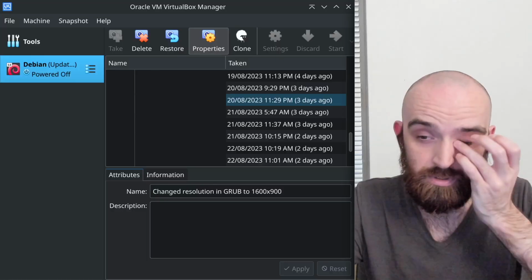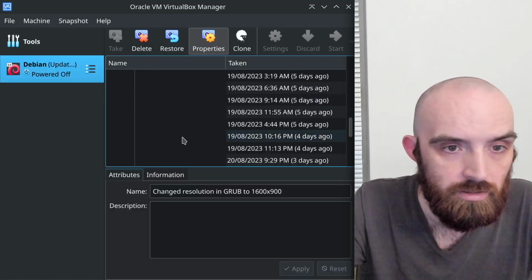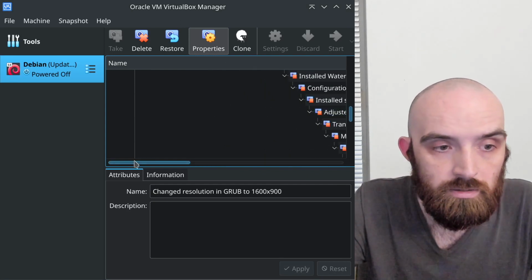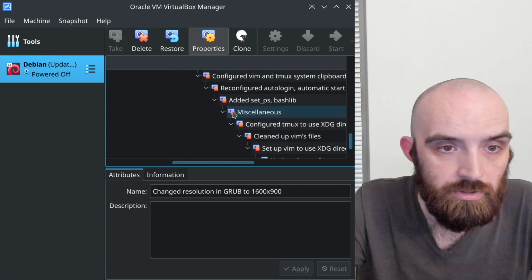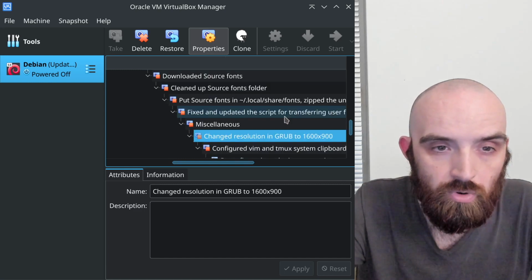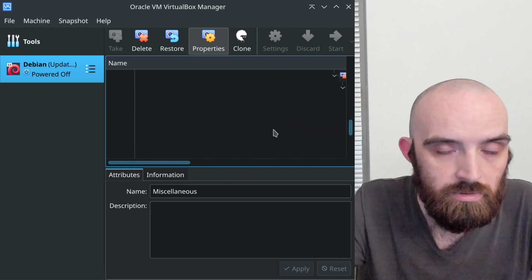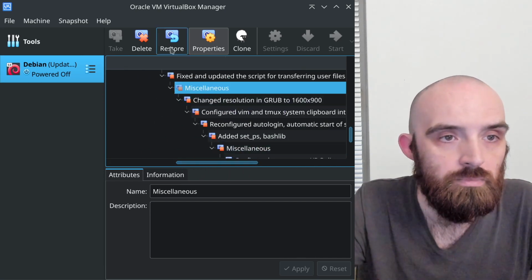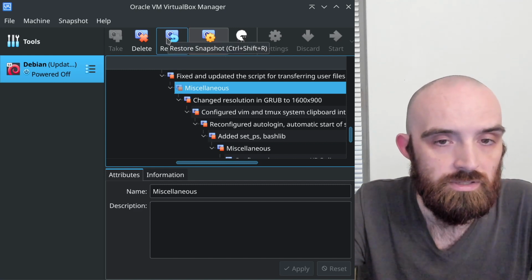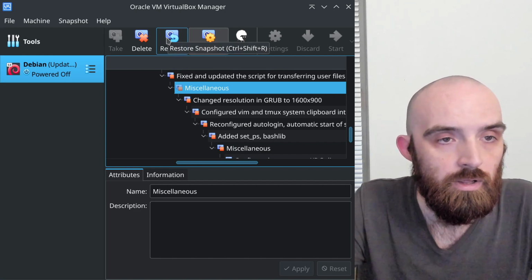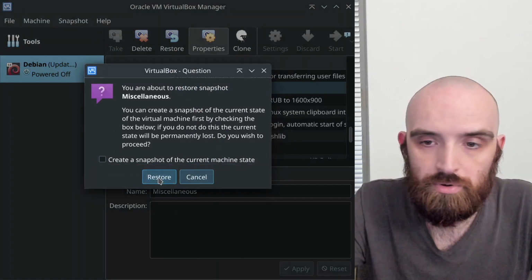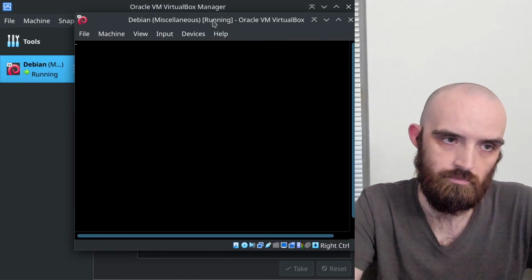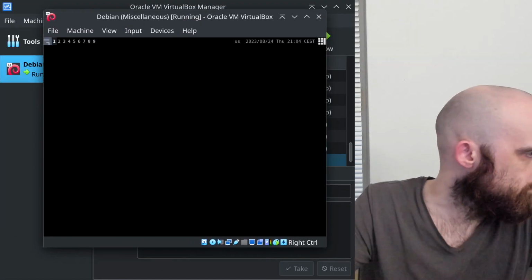So let's go ahead and switch to the screen capture view, and let me just find the snapshot over here that was just before I already did it. So over here it says change resolution to 1600 by 900. And I'll just go ahead and restore to that one and start the VM. So let's see, basically,